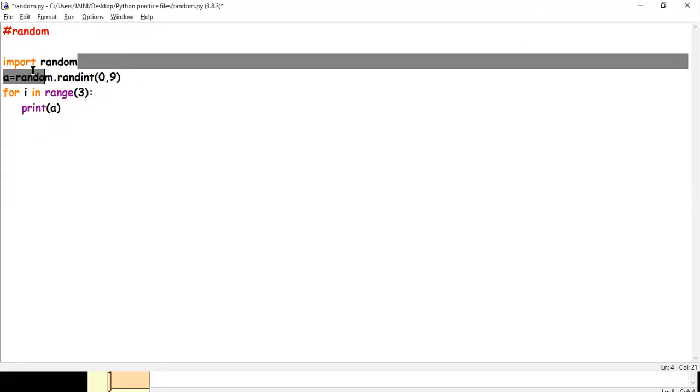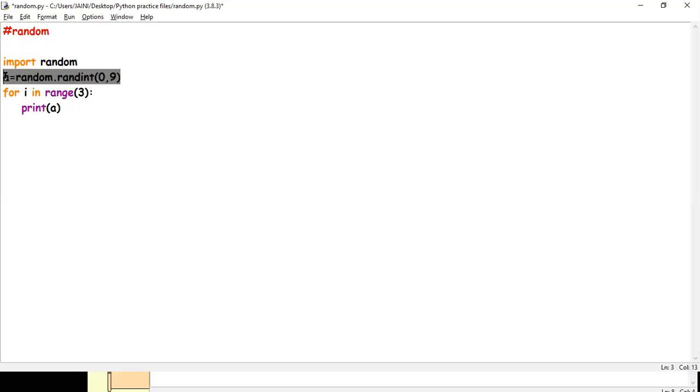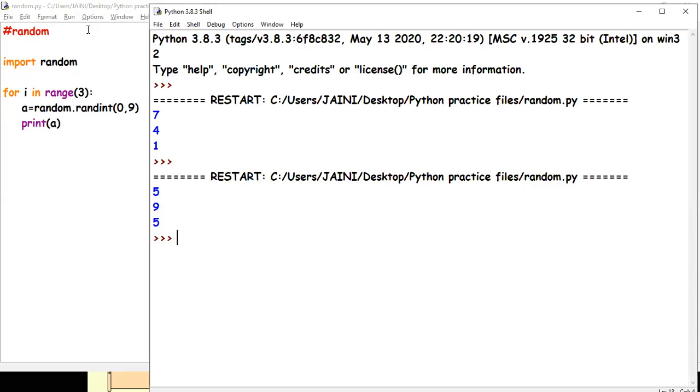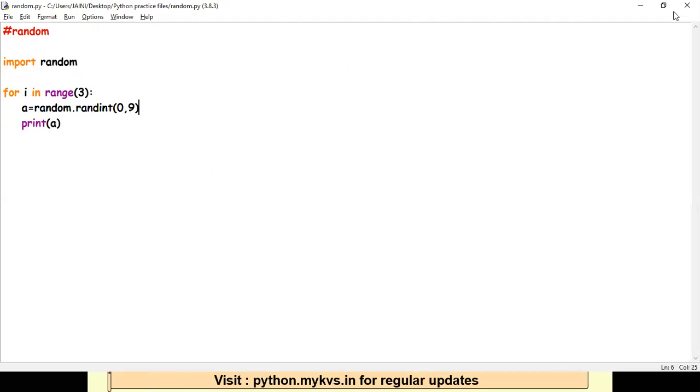So what I did next was I just changed the placement. From having the value given to a outside, I decided to put it inside the for loop. So every time the for loop runs, the value of a will be picked randomly and then printed. Now let's run and see. Last time we got 741. This time I got 595. And you can see there's a redundancy. 5 has come twice. That means it will randomly pick any number of its own choice from 0 to 9. If I change this to 99, it will pick from 0 to 99.